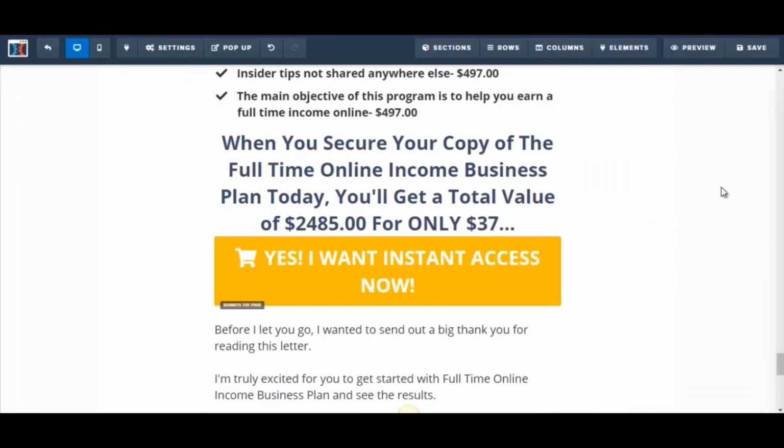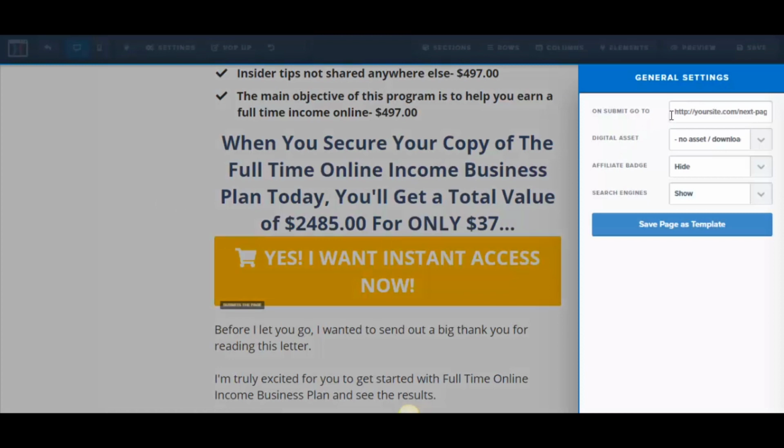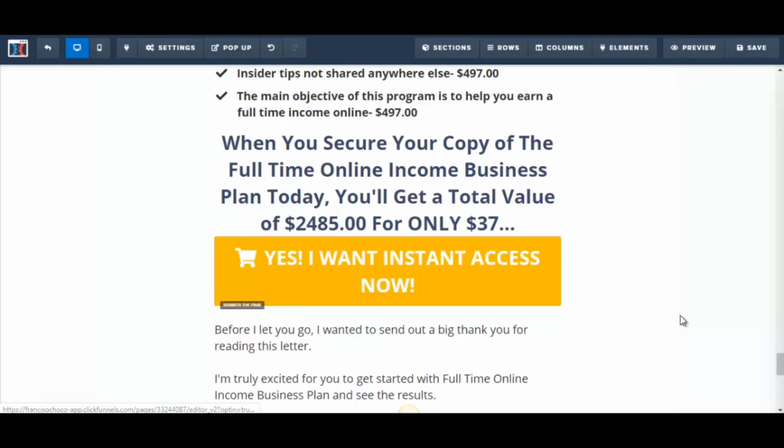And in order for an order to be submitted, you need to go to the settings here and click on general, and where it says on submit, go to, you could enter the URL of the checkout page if you're using a different platform. Now, if you want to use a different button, what you could do is you could